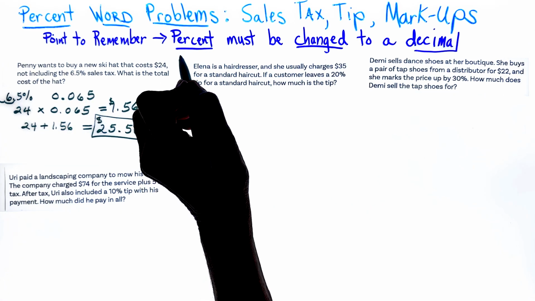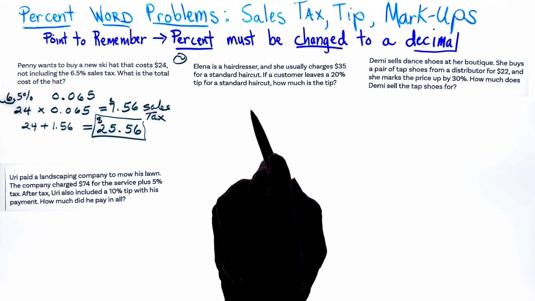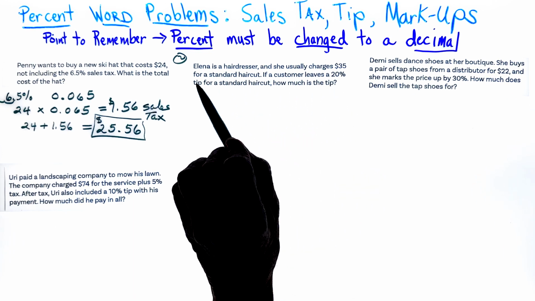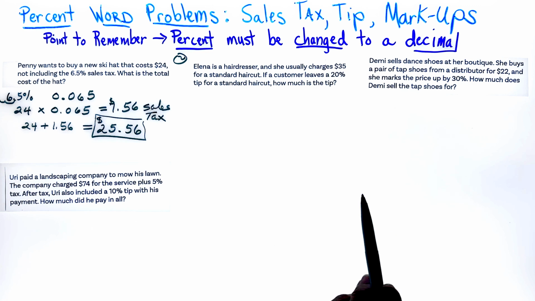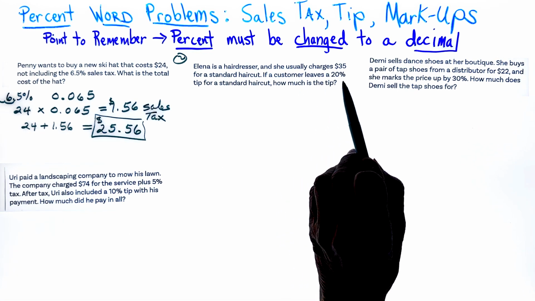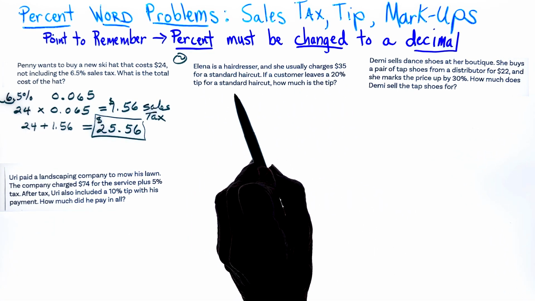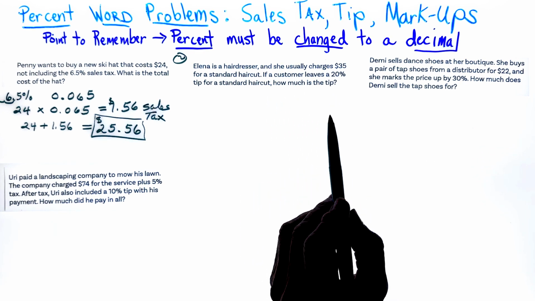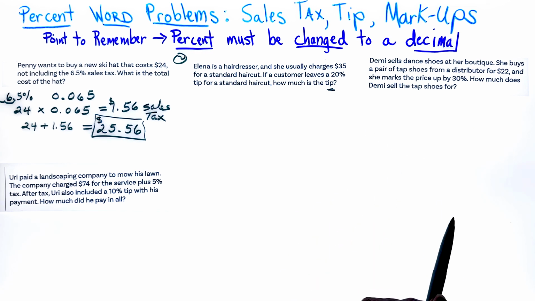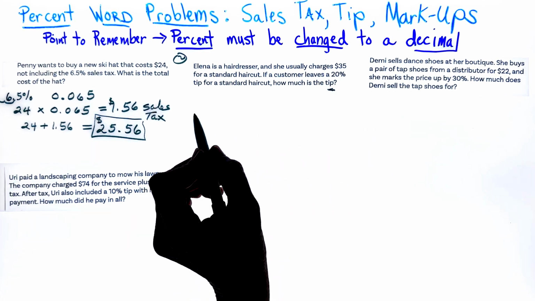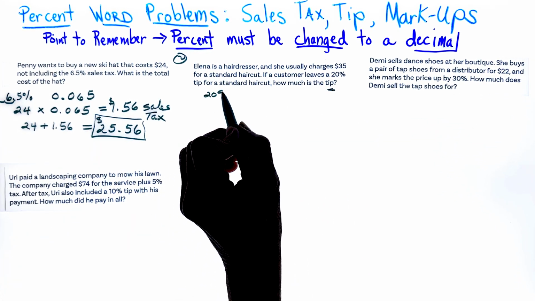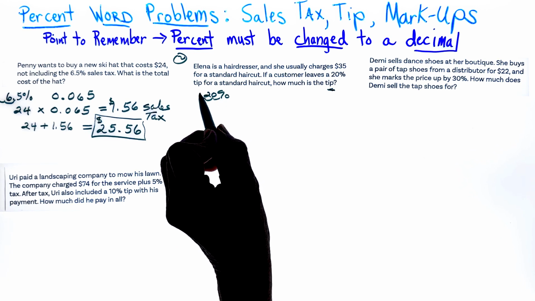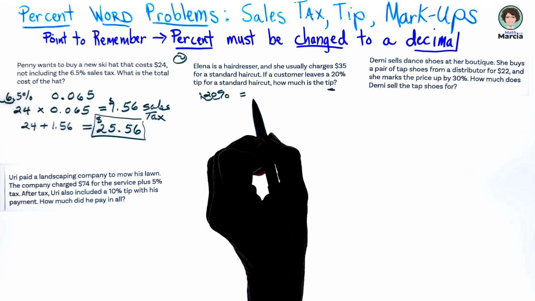So let's look at question number 2. Elena is a hairdresser and she usually charges $35 for a standard haircut. If a customer leaves a 20% tip for the standard haircut, how much is the tip? So for this one, we are just looking for the tip. So we are going to, again, have to take our 20%. We're going to move our decimal point over 2 places. Here's our new spot. So that is equal to